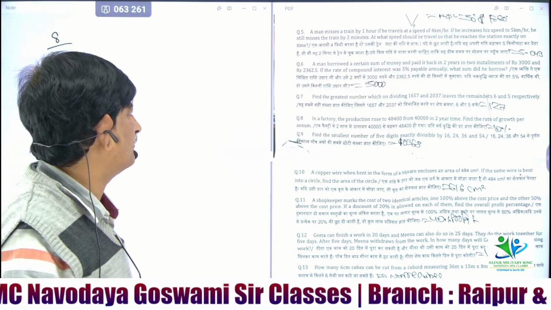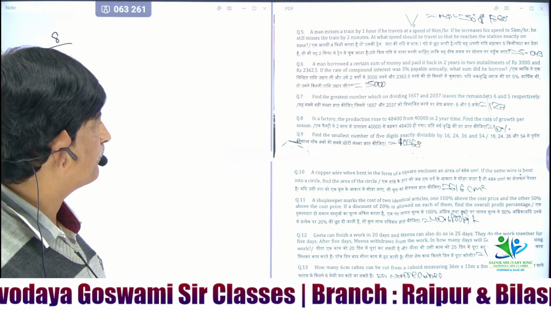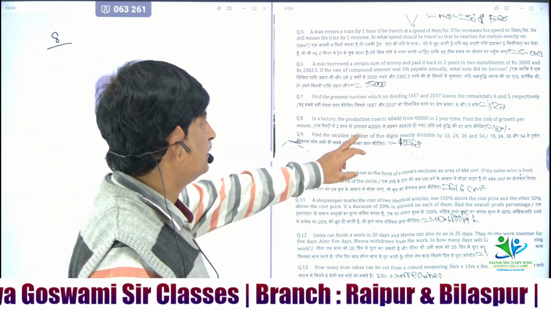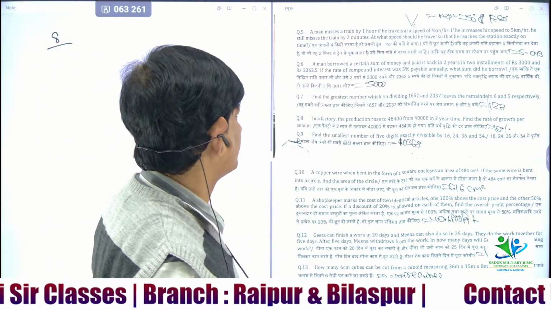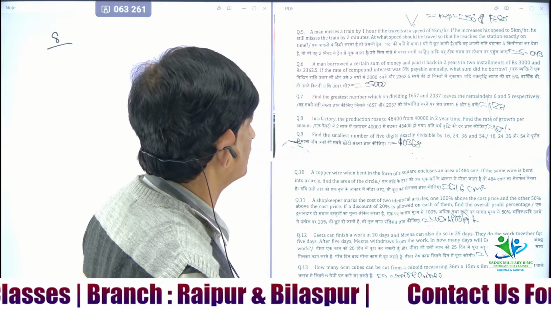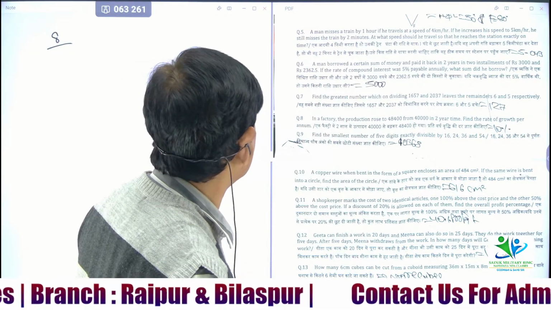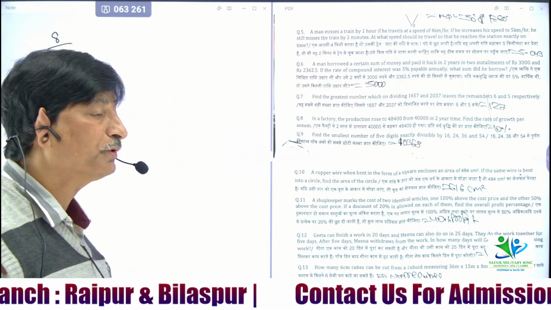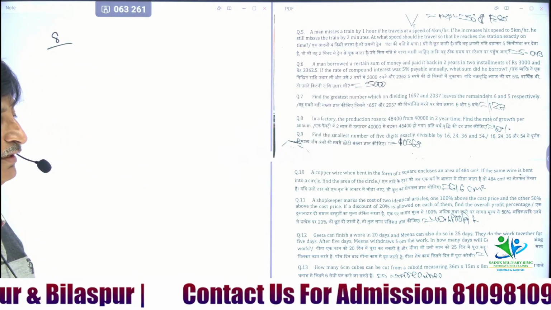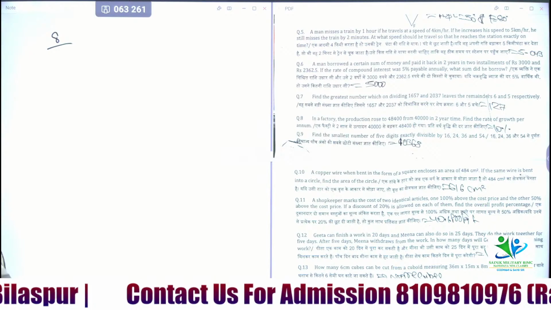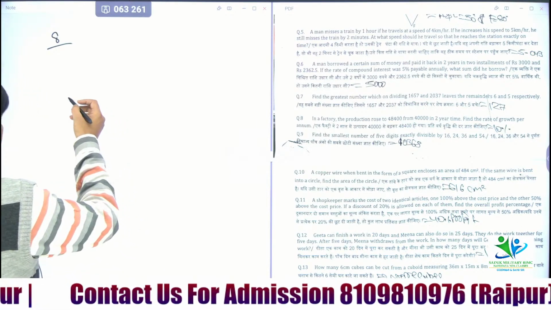Now in question number 2, in a factory the production rose to 48,400 from 40,000 in 2 year time. Find the rate of growth per annum. Rate of growth per annum. That means you have to apply the formula of compound interest for the amount. So here you know that the